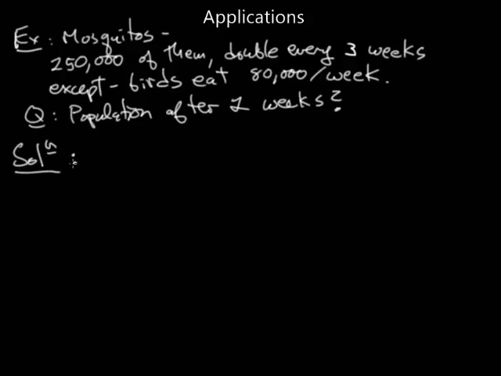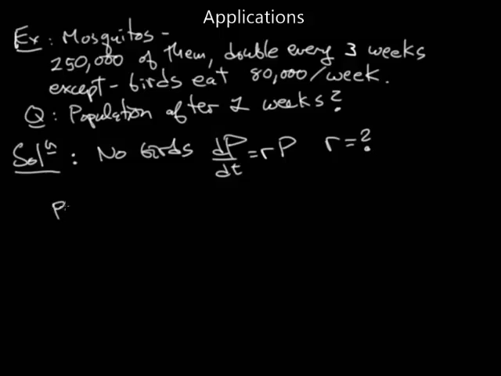Well, let's see. What's the solution here? Well, first of all, if there weren't any birds, we'd have the standard equation, dP/dt is equal to R times P. And as before, we're trying to find out what R is, and we can do that from the doubling time, just like before. I'll write it very slightly differently this time. P of t is C e to the RT. So P of 3 over P of 0